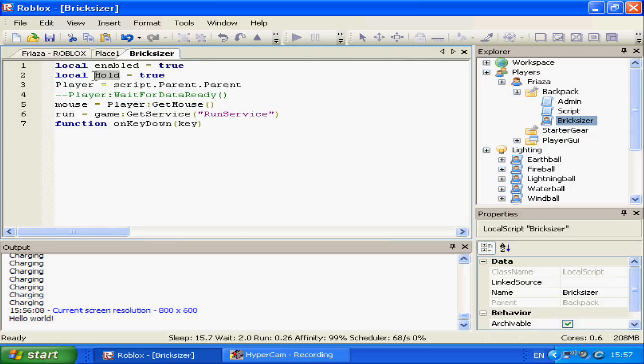The enabled variable will stop you from activating the .KeyDown several times while you're charging and stuff. Hold will check that you've got the button down and not released it yet. The player is just the script's parent's parent, which is the player's in this case. The mouse is player.getMouse, which allows the